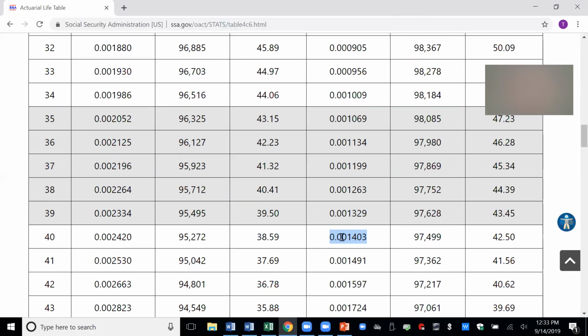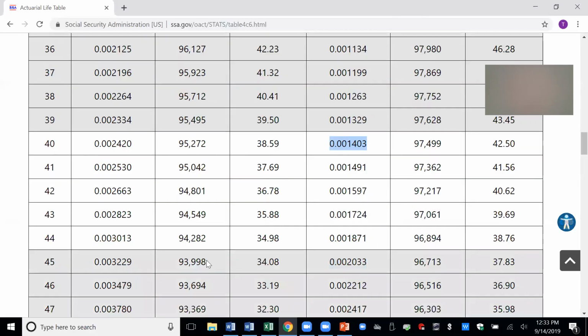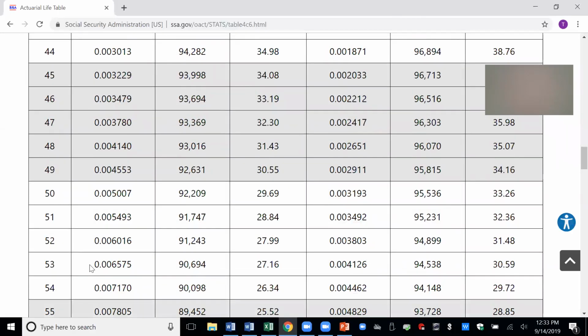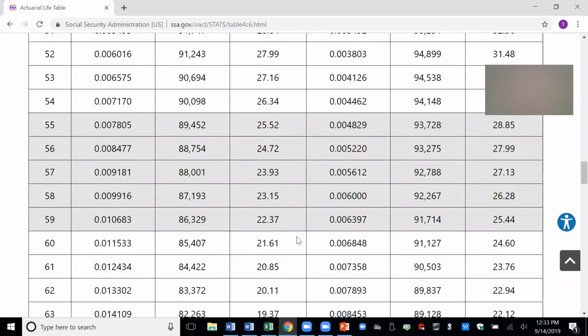It's not as bad as it was. It's not double a rate. It's not quite double a rate, but it's almost double a rate. And as we get older, the rates get a little closer, but this is why most of your old age homes have females vastly outnumbering the number of males.